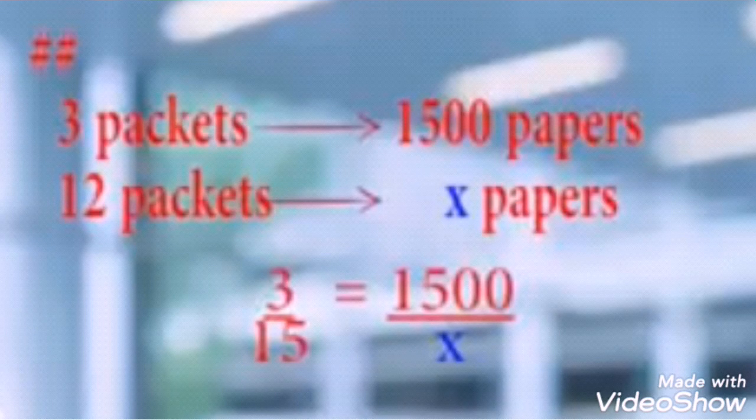First of all, one pattern of the unitary method. Look over this pattern. For example, 3 packets have 1500 papers. So 12 packets will have how much? So you do a crisscross pattern. This is called the unitary method pattern. You can follow that in these kinds of numericals instead of applying formulas also. This is another pattern to do the numericals. I'm giving one more pattern on this part, that is pens. If pens are given to you, it is coming on the next screen.